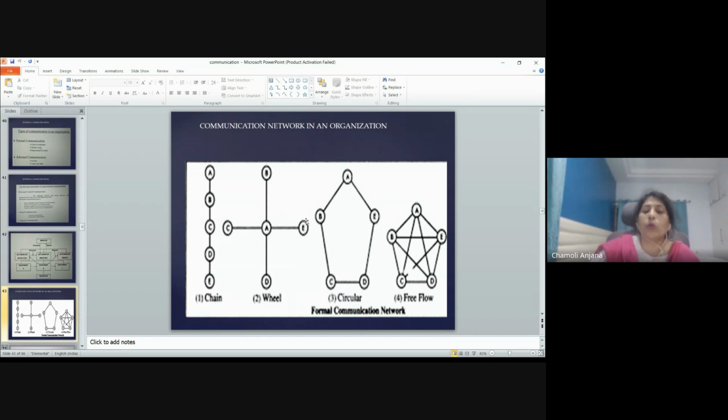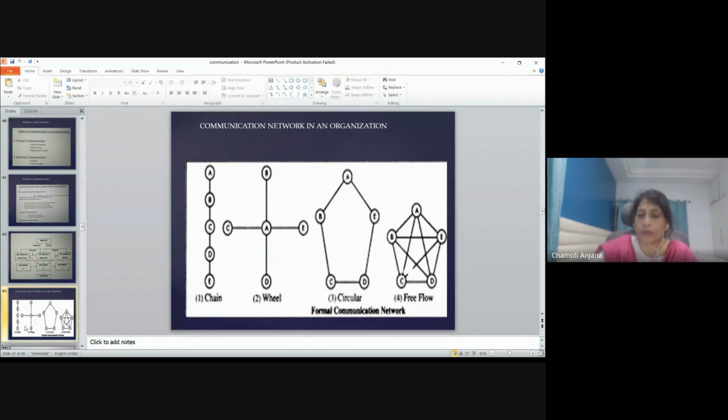So this is very, very demotivating for these employees, because they cannot communicate among themselves. So if any information has to pass, it has to only go to the leader, and the leader will disseminate the information to all these employees. So in those teams where the employees are unskilled and they do not have enough knowledge and information, they are dependent on the leader or the manager. For such kind of team, this network is good. Otherwise, there is no discussion possible, whether in chain or in wheel network. Discussions are not possible in this kind of network.